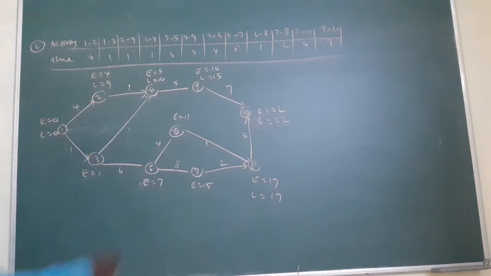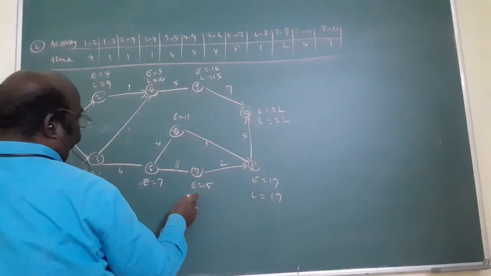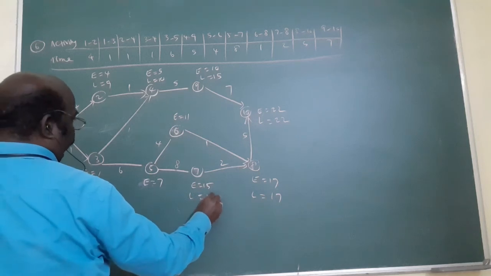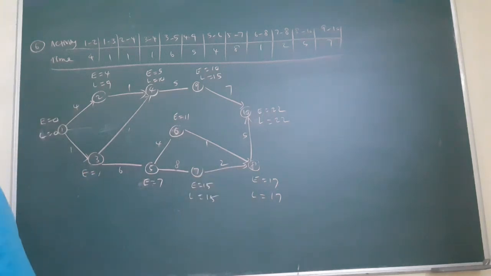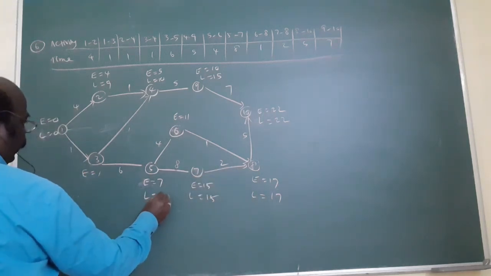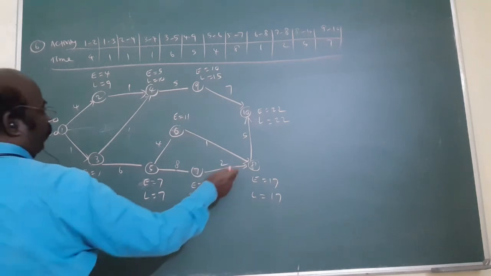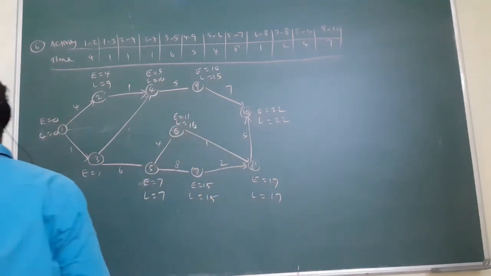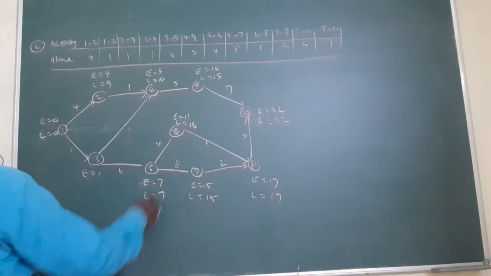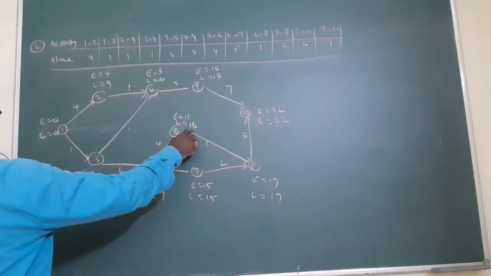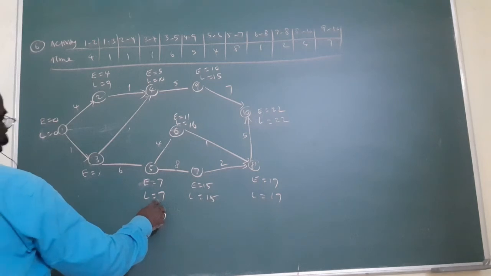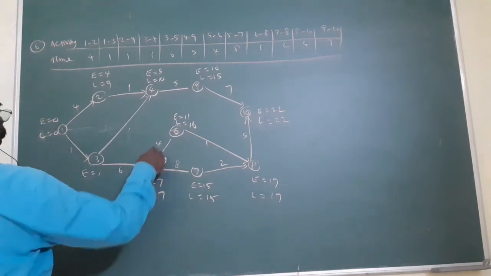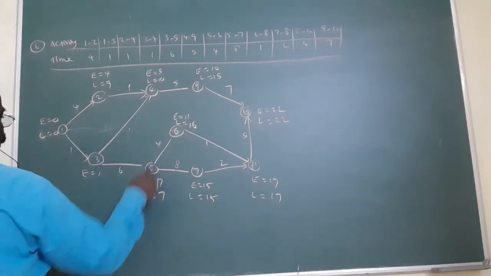Am I right? Another root. L is always 0. The starting time you know. Now, from here to here, 17 minus 2, that is 15. Next, 15 minus 8, 7. From here to here, L equal to what? 17 minus 1, 16. Now we get to here, what I told you? 16 minus 4, 12 is coming. But in 15 minus 8, 7 will come. Out of these two numbers, this is the minimum number, that's why L is 7.